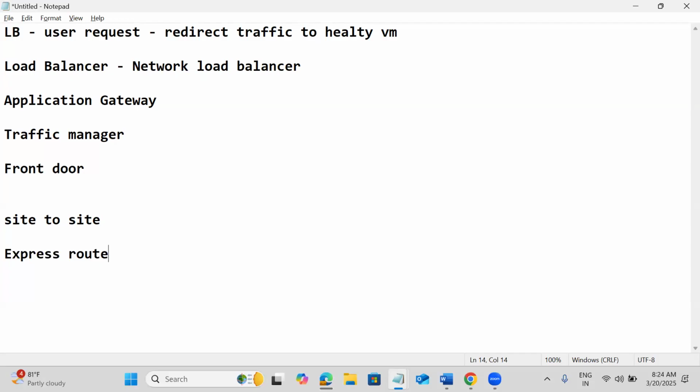For site to site, on premises we have one VPN, and in Azure also we'll have one VPN, and we establish site to site. So site to site is data center to Azure. We have one more, point to site. With point to site, I don't want to give access to my complete data center. I want to give the connection only to one developer laptop or one database.